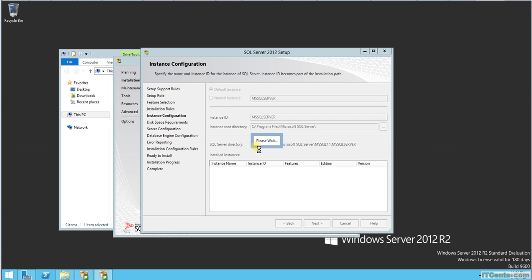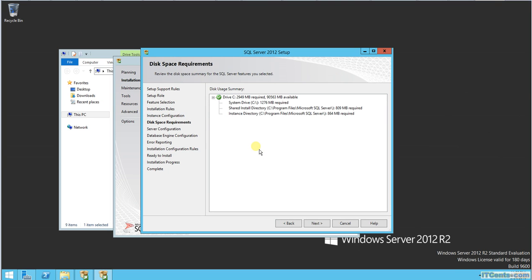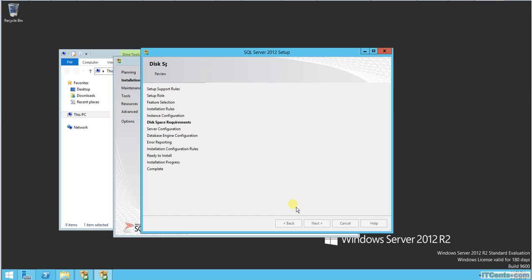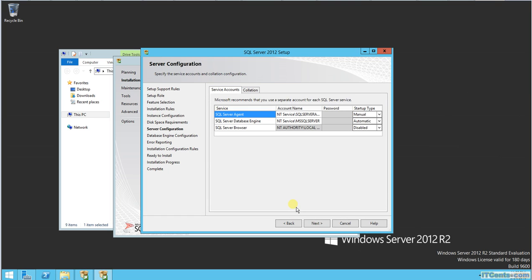In case there's something wrong with, let's say, communication between this server and my domain controller, I don't want my SQL Server to be affected. So that's how I like it. If you are deploying a separate SQL Server, especially for VMware vCenter, I like to keep it separate if it's possible,